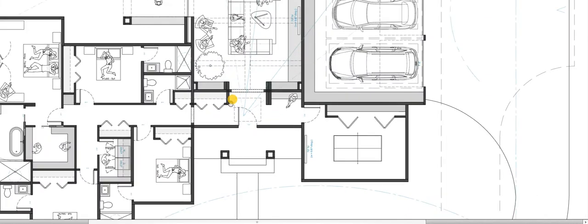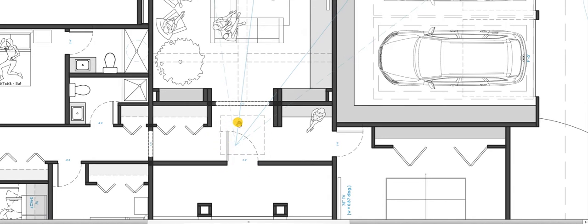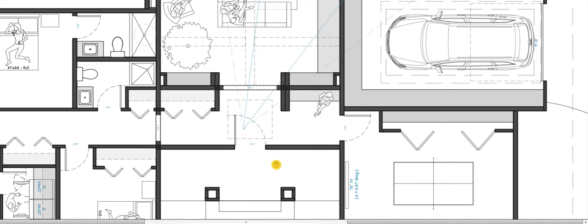Here though, at the entry, at the foyer, I might want to bring this wall with the door just down 1 more foot, make it 5 feet. It still feels a little bit cramped and narrow here, but at least with the wall leading into the great room set back an additional 2 feet, it makes this distance a nice square 6. And that feels okay, especially with the door swinging open this way and opening out onto the one bench here. The bench, when you're sitting down here, you're looking out a nice bit of glass here, which could be mirrored over and symmetrical on this side. So I think this is a really great foyer design,